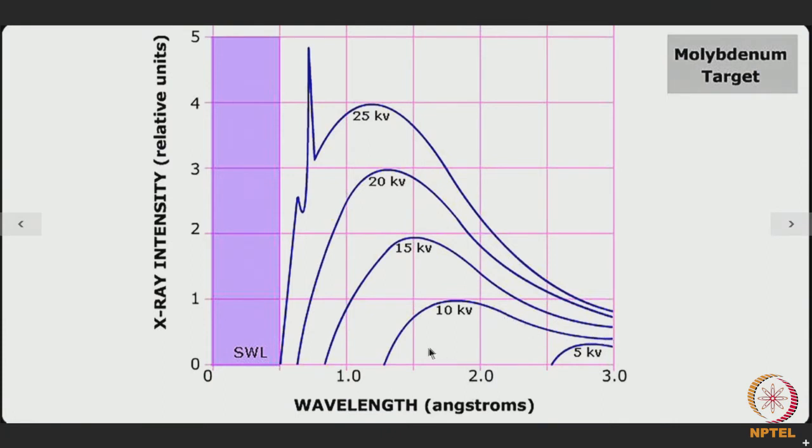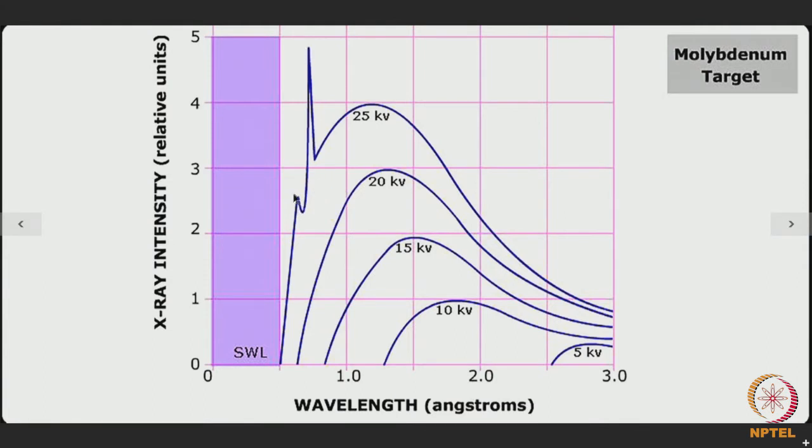Then if we go for 15 kilovolt potential difference, it goes in this fashion. With 20 kilovolt, it goes in this fashion, and for the molybdenum target, when we apply a potential difference of 25 kilovolt, then over and above a host of wavelengths we get two very sharp wavelengths as shown by these two lines over here,